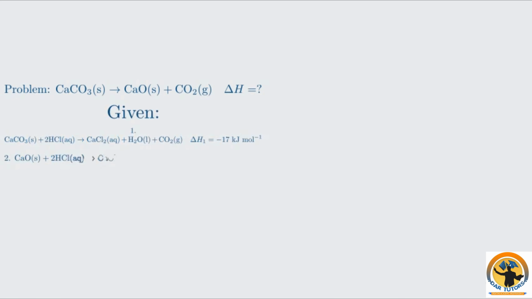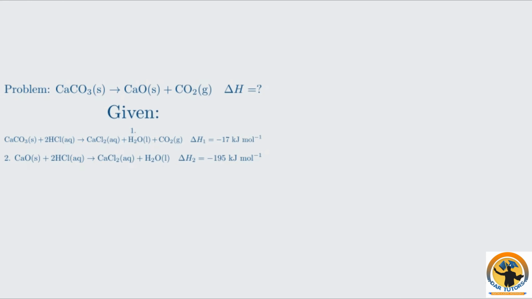The energy cycle diagram. Consider the decomposition of calcium carbonate, our initial problem. The problem provides us with reactions of both calcium carbonate and calcium oxide with hydrochloric acid. Reaction 1 is calcium carbonate plus hydrochloric acid gives calcium chloride, water, and carbon dioxide with an enthalpy change of negative 17 kilojoules per mole. Reaction 2 is calcium oxide plus hydrochloric acid gives calcium chloride and water with an enthalpy change of negative 195